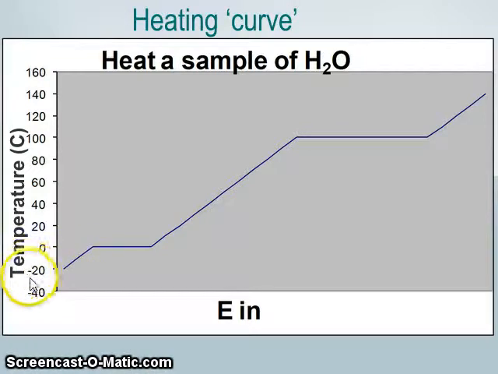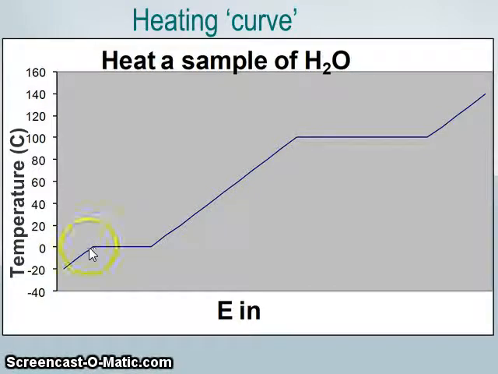Down here we have solid ice at minus 20 degrees Celsius, and as we add energy to it, the temperature is going to slowly increase. It's just going to absorb that energy until it reaches 0 degrees Celsius, and then we're going to have that phase change. So to figure out how much energy is required to go from minus 20 degrees Celsius to 0 degrees Celsius,